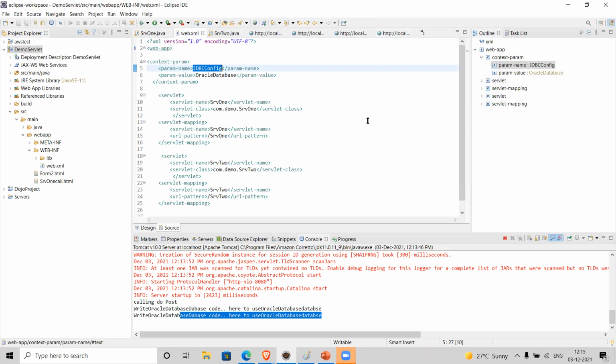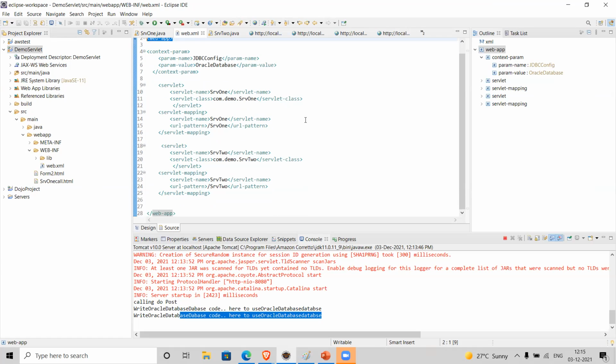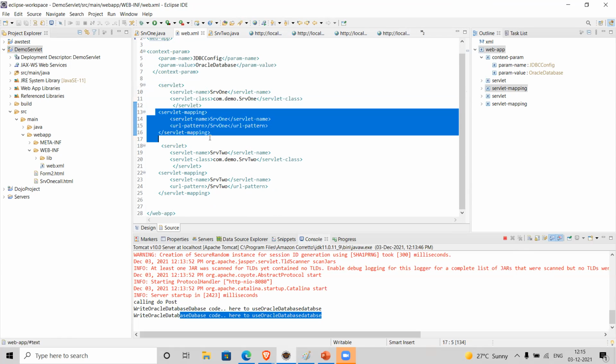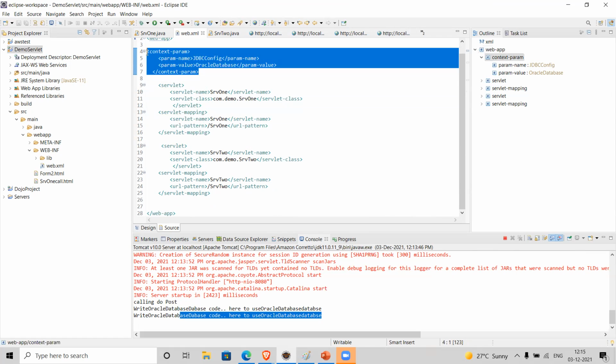Web.xml is not the context. This is a deployment descriptor. Web.xml is a deployment descriptor, and this descriptor defines the entire web application. So which servlets are configured in this web application, what are the URL patterns configured, what are the context variables defined, and if there are any config objects, whatever is defined in this web application.